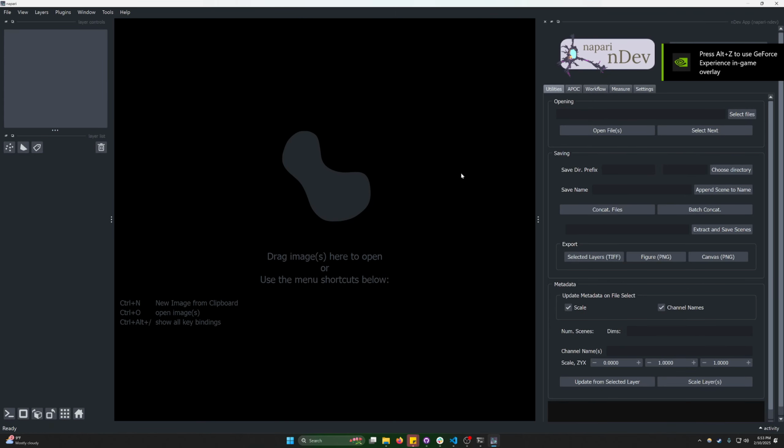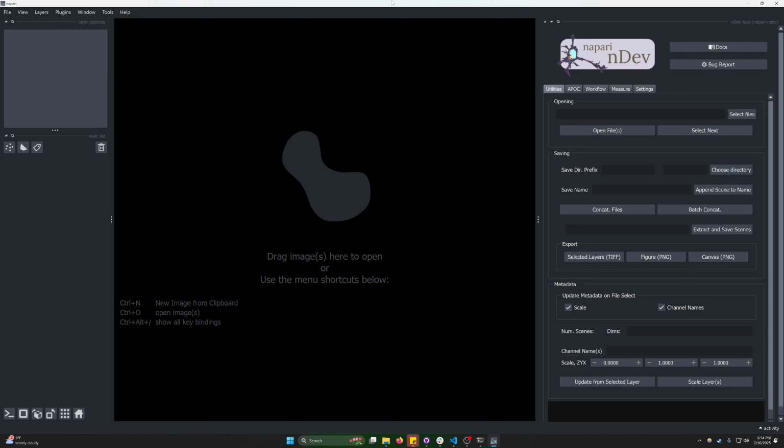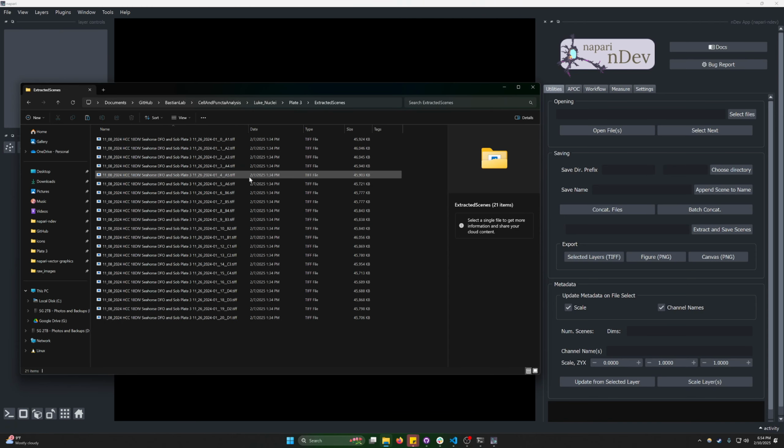So here's what opened up. We have the napari-ndev app loaded. If you load it from the bundled launcher, you're going to have to go into plugins, ndev app, and you can install it from up here. If you install it from up here, you're going to have a little bit of funky issues with trying to load CZI files. But where we're at starting on Luke's experiment is I have currently the extracted scenes